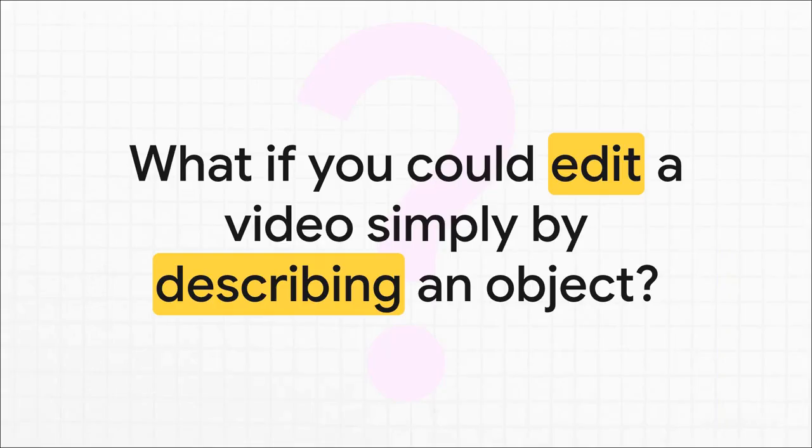Okay, just imagine this for a second. You're editing a video, right? Instead of the tedious work of tracing an object frame by frame, what if you could just talk to the software? Imagine saying, hey, add a spotlight to the person reading the hardcover book. And bam, it just works. The software gets the nuance perfectly. Well, that's the kind of future SAM3 is starting to make possible.